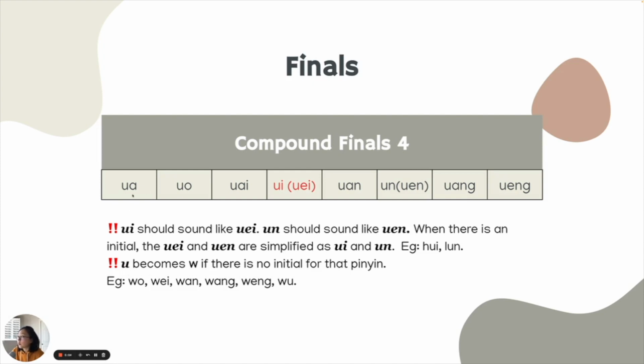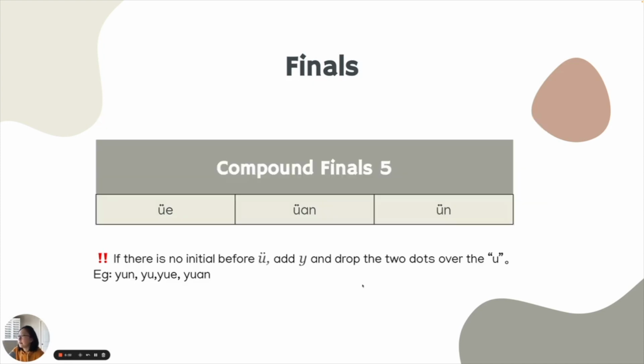So if it's just UA, then it's WA. And then if it's just UO, then it's WO, like 我, like I, me. In Chinese, 我, then 喂, like when you pick up the phone, you say 喂, and then 弯, wan, weng, wu. Okay? And then the next one is the yu and